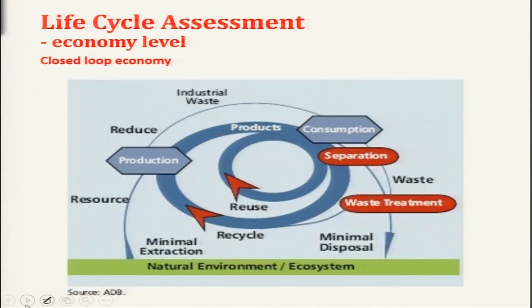But the ideal thing is the closed loop economy. In a closed loop economy, there is a minimal extraction. You can see the width here is decreased in a way to present that extraction is minimal. Only it is the closed loop. It is between the production and the consumption and separation, the waste treatment, just moving in this direction again and again. It is a closed loop economy in this way. So in this case, the extraction from the natural environment or ecosystem is very little. This is minimal, and pollution is also minimal. It is already written here: minimal extraction and minimal disposal.